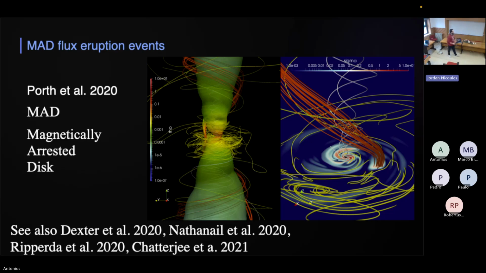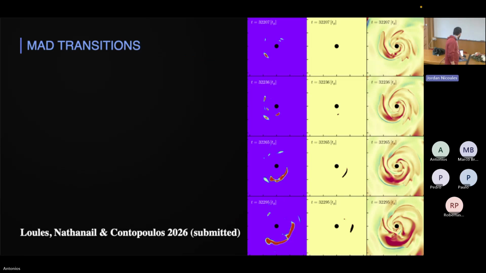And this is really important astrophysically because this happens due to reconnection events and can give you particle acceleration. You can energize the particles exactly at the foot point, and then these particles will drive on this flux bundle, and you can have flare events and stuff like this that you expect to observe. Even if we know these solutions from 2008 from Igumenshchev, these flux eruption events, still we are not sure why